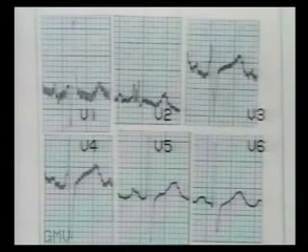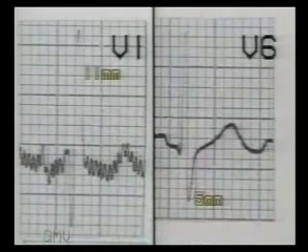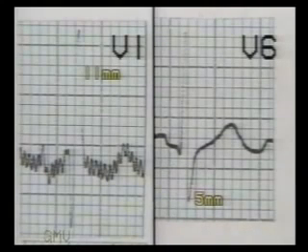In this ECG, V1 shows a tall R wave, taller than S wave. So immediately think of right ventricular hypertrophy. There is a corresponding deep S wave in V6. So the normal QRS pattern in the chest leads has altered. Now measure RV1. It is 11 millimeters. RV1 more than 7 millimeters is diagnostic of right ventricular hypertrophy. SV6 is 5 millimeters. Their addition is 16 millimeters. More than 10 millimeters is the criterion for right ventricular hypertrophy.